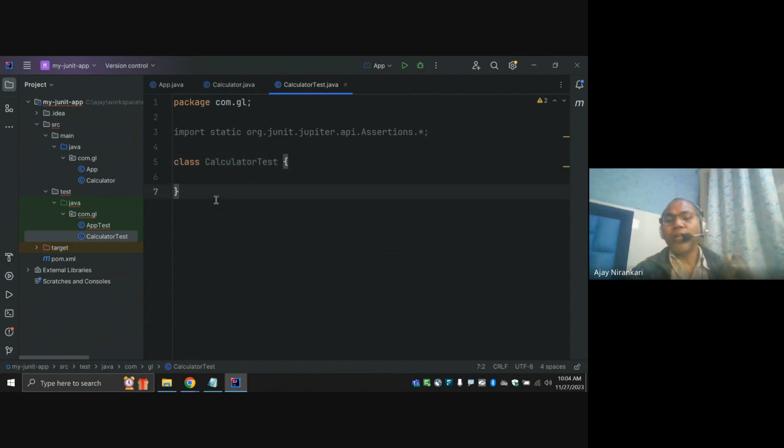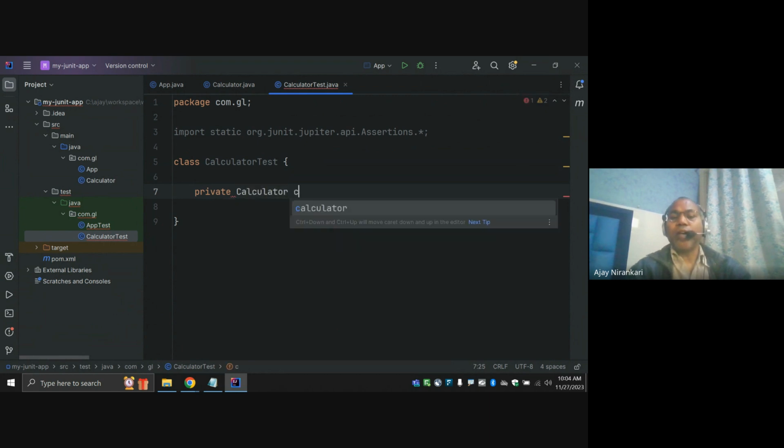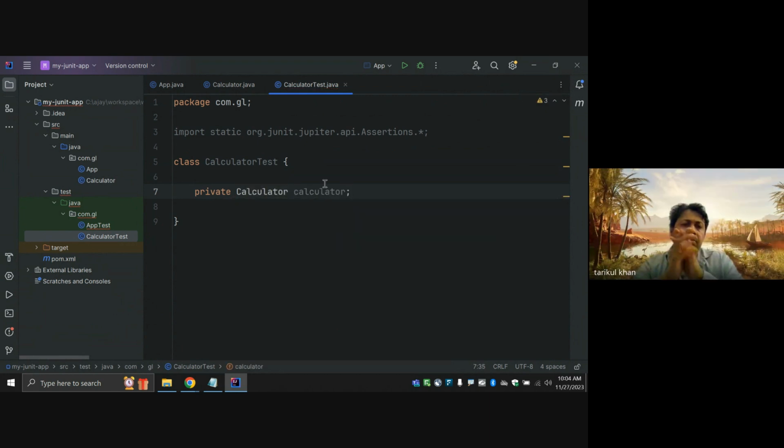It's clear? So the first thing that I want, hey, Calculator. So this is the first thing. Just declare one private variable, calculator, right? So whenever one test runs,